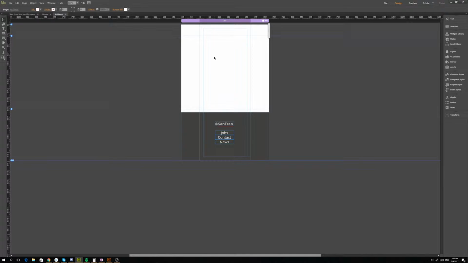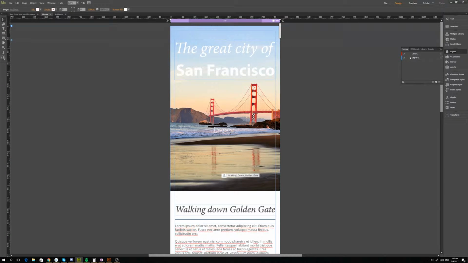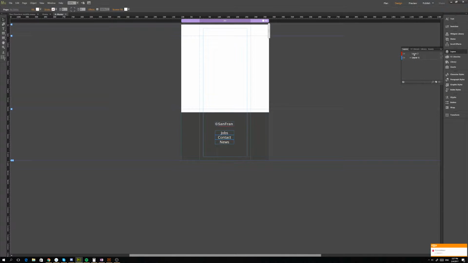The most important thing of the menu is that it's always visible. So instead of working in this layer, which contains all the other stuff placed on this website, we're going to create a second layer, a new layer, which you do by clicking on this icon, new layer. Boom, there it is. And what you're going to do is go to the Widgets library,